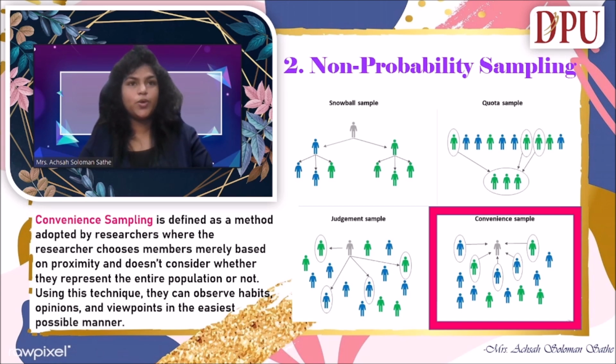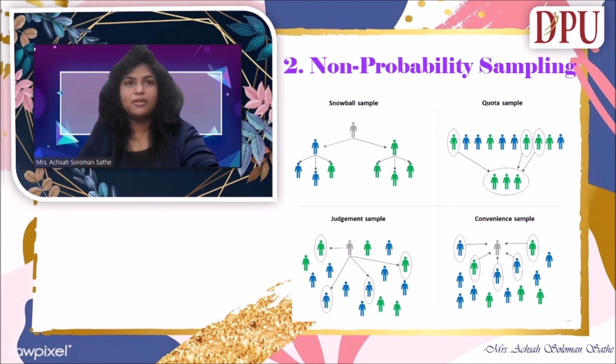Anyone and everyone who is willing and ready to be a part of this sample can be a participant of this survey. So if you see in convenience sampling, the researcher is not worried or bothered whether this sample that I have in my hand is really matching the population that I'm going to generalize my theories on. Alright, at his convenience, he will just pick out and go ahead with the sample. So that comes to the end of the types of sampling that we have.